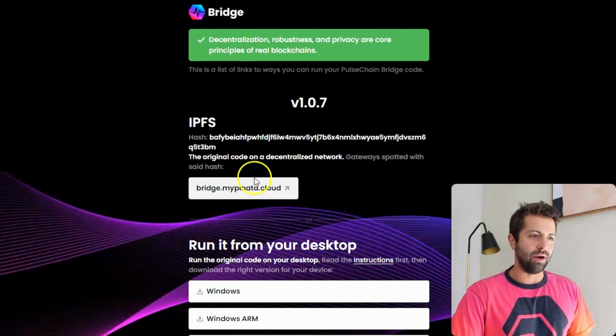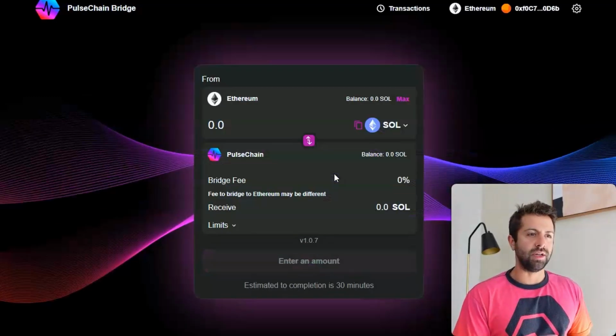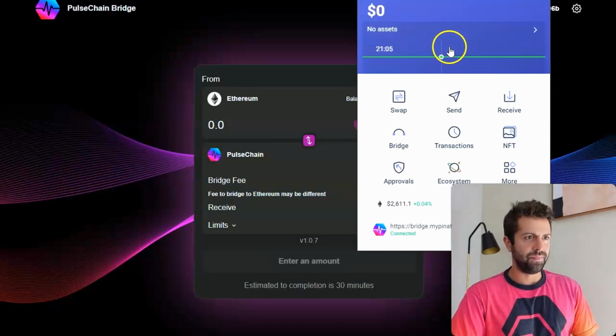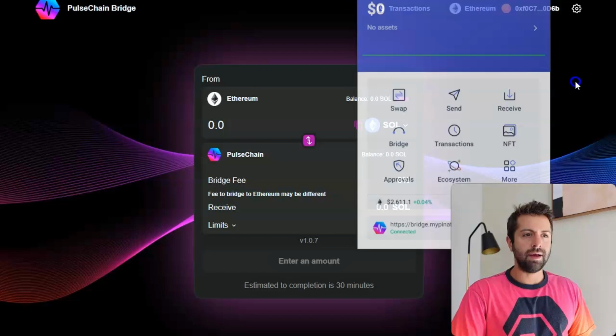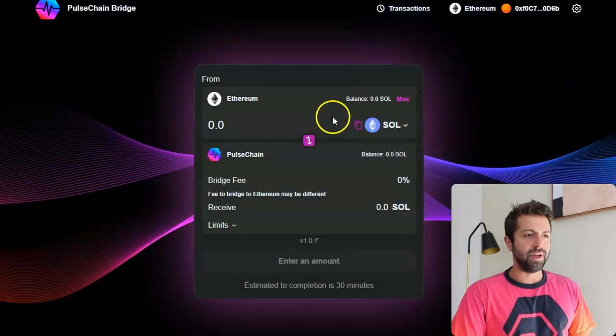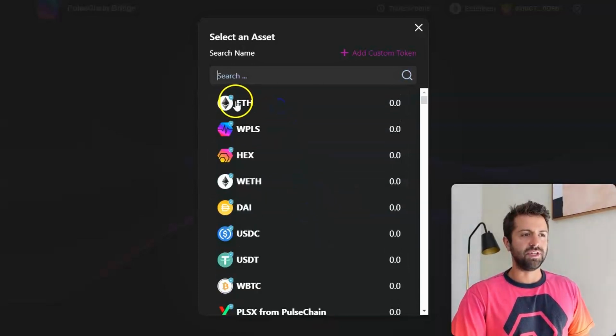This is where I am right here on the screen. You click on the IPFS link. This is the bridge, and this only works if you have a fresh wallet, meaning a wallet with nothing in it yet. If you have no PLS and you've never done the bridge before in your life, if you're a first-time bridge user and you bridge Ethereum into PulseChain, so you can bridge any of these tokens, really. I mean, the list goes on and on, but for a first-time user, you're probably going to want to